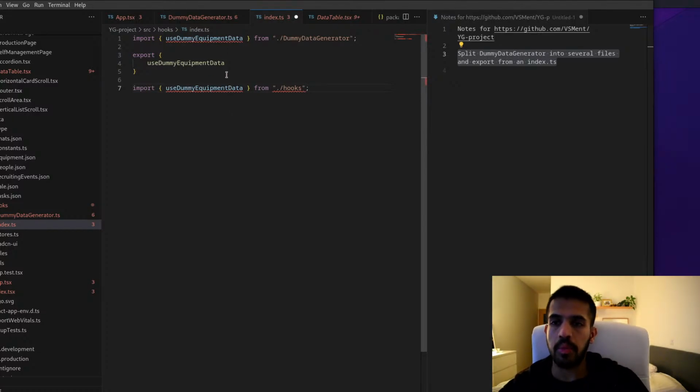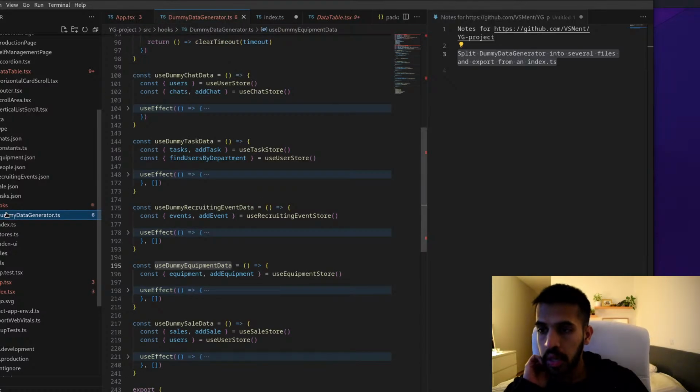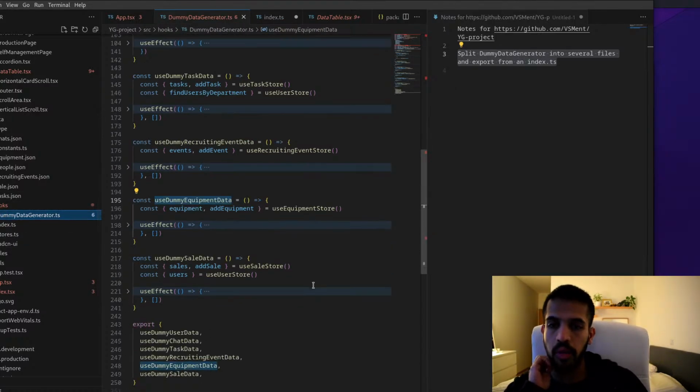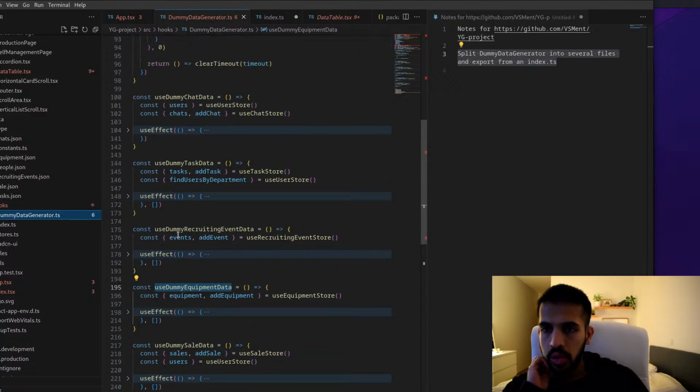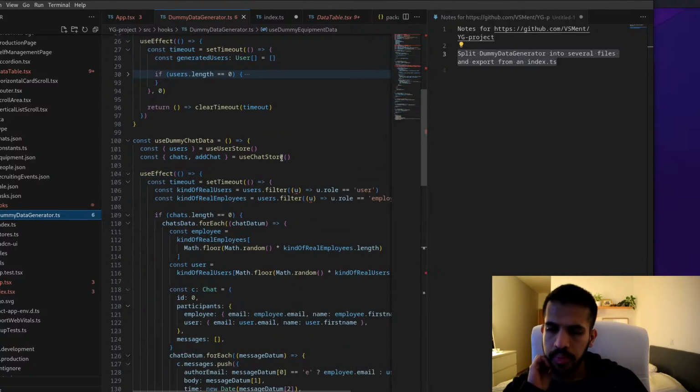It's much nicer when you split it up and then export it from a single endpoint if you want to, or just import it directly from hooks slash whatever. It's up to you.